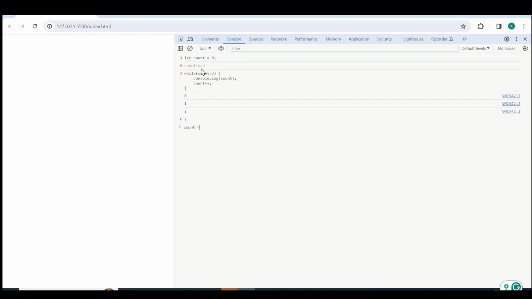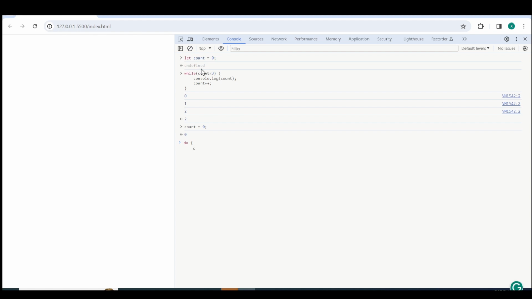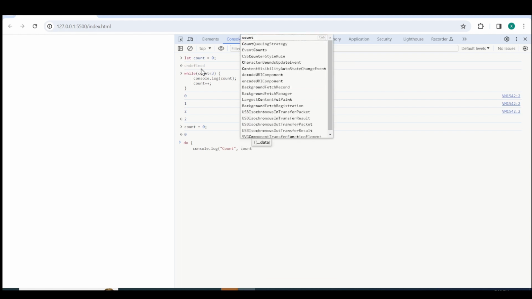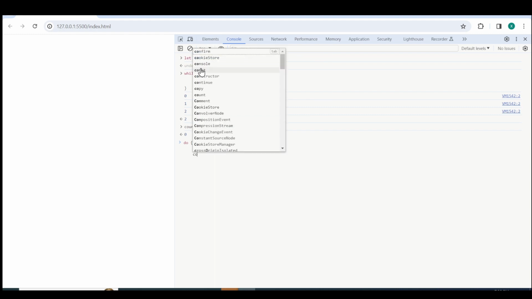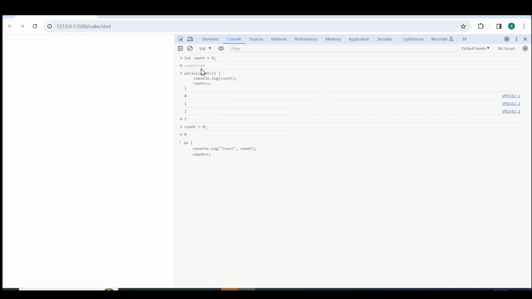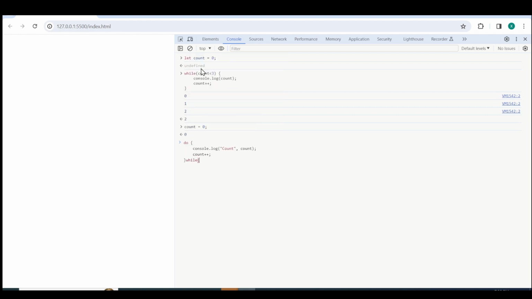let count = 0; do { console.log(count); count++; } while (count < 3);